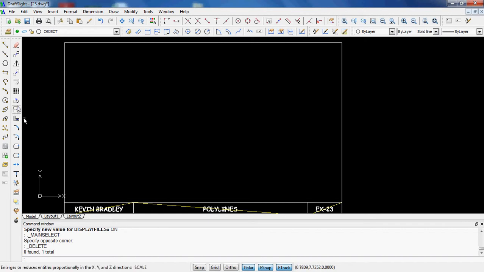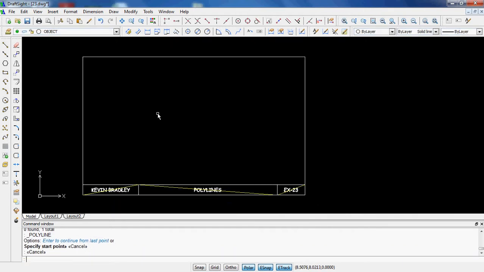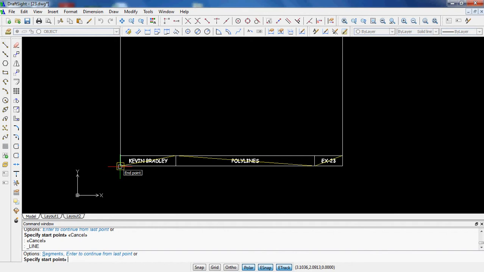As long as you follow these directions, it's really not too tough here. Go ahead and click on polyline, and it wants the first point to be at 5, 2.5. Before I do that, I'm not even sure what point this is at down here, so I'm just going to kind of click on that. And this is in kind of an interesting spot. If you look down here on my X and Y axes, this is at 3.1, 2.09. So I'm actually going to end up moving my whole entire